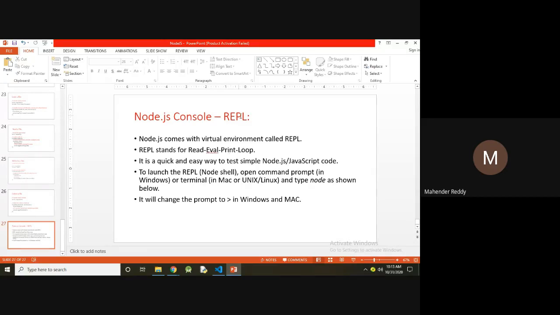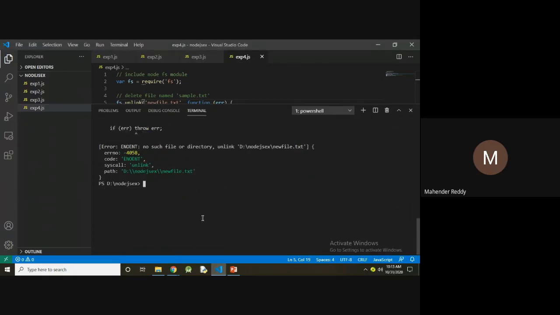Whenever you open the node prompt, node terminal, or node console, REPL is going to work there, and it is called the REPL terminal.